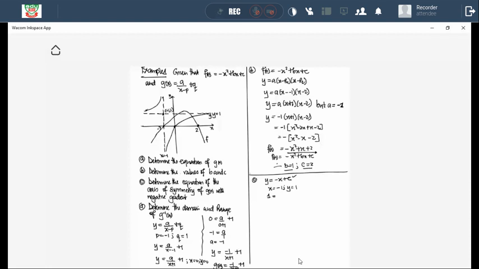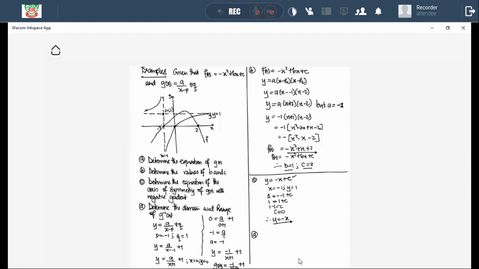Y is 1, minus 1 plus a c, which is 1 plus c. So it means 1 minus 1 is equal to c. Your c in this case is equal to what? 0. So the equation of this becomes y equal to negative x plus a c. But c is 0, so it means that axis of symmetry is basically y equal to negative x. Okay, right. The last thing there is